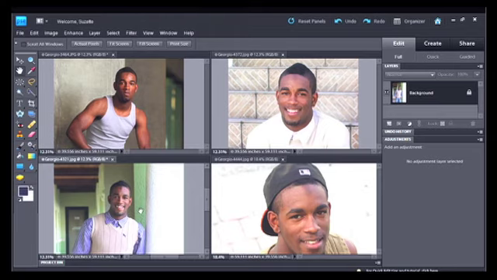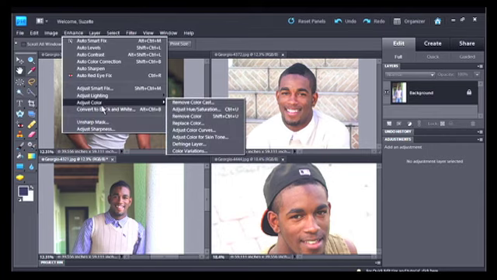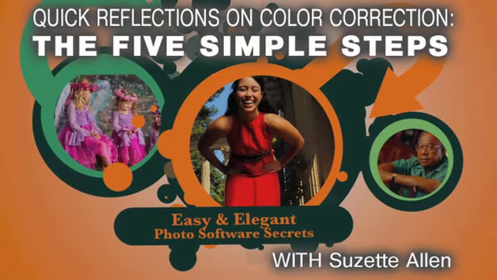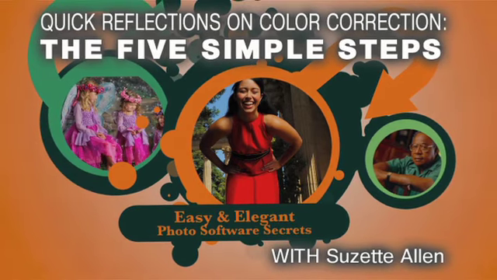So let's start off with this one right here. I would say it needs a little bit of saturation and it's a little bit cool. So I'll just go to my Enhance button and I'm going to go to Adjust Color, and we're going to remove a color cast. Now there's a little bit of black and white here. I'm going to use